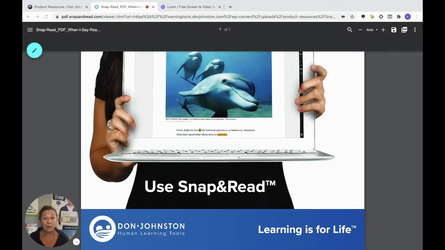Lastly, let's talk about worksheets and PDFs, making them accessible. This is so helpful with the remote and e-learning as well. You can actually send a PDF or worksheet to all your students through your Google Classroom, email, or whatever format you use to get worksheets to students, and a student can open it in Snap and Read, and therefore now it's accessible.